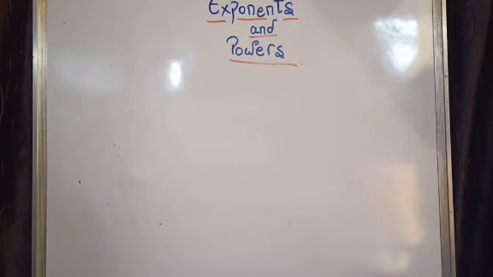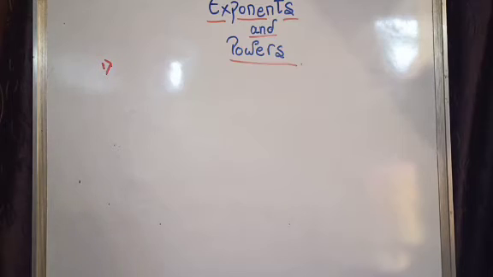There is our first question. Write the following numbers in the exponential form. So I am going to tell you what the exponential form is. As I have told you before, a number multiplied again and again, that many times, will result in the same power. See, for example, there is our first question.